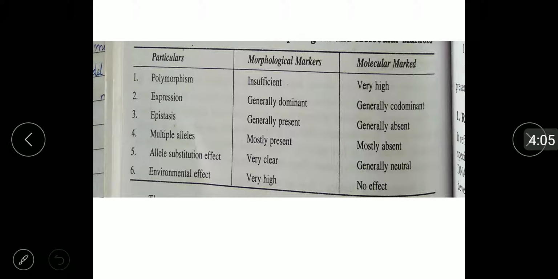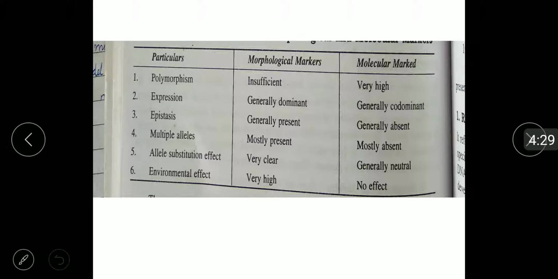Environmental effects are very high in morphological markers, and molecular markers have no effect of environment, because morphological markers are very sensitive to environmental fluctuations. Morphological markers like the shape of the fruit, flower shape and height